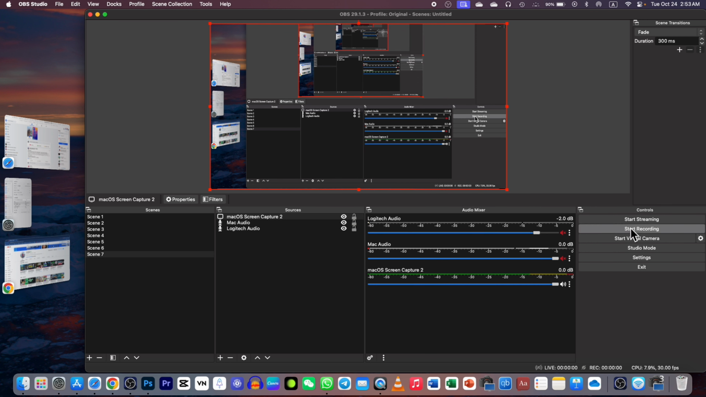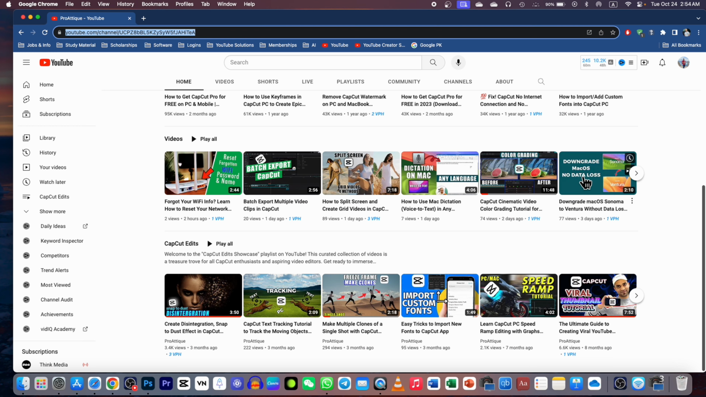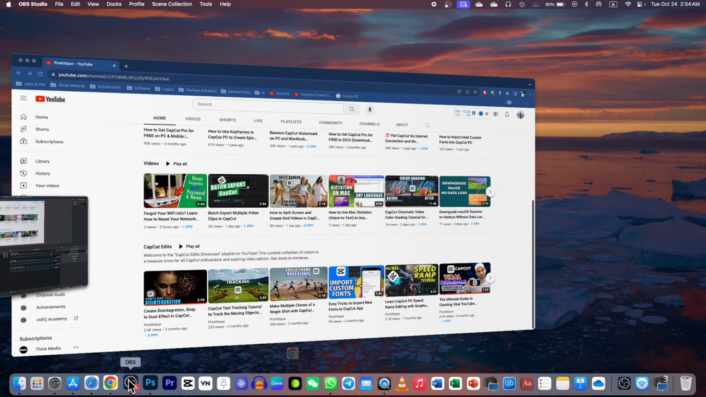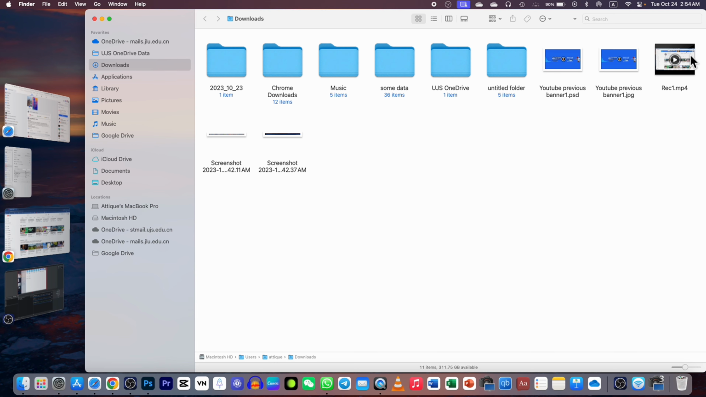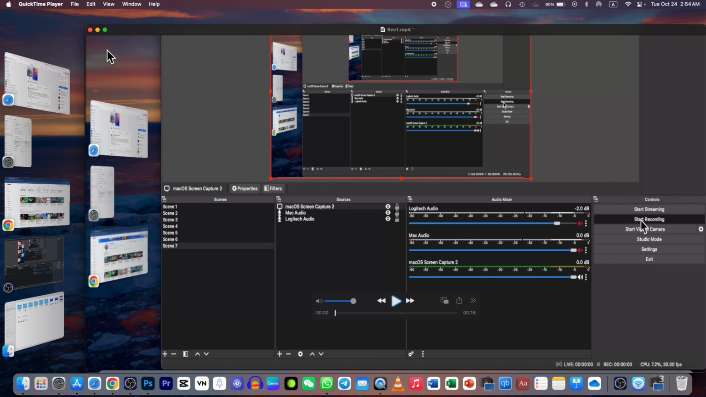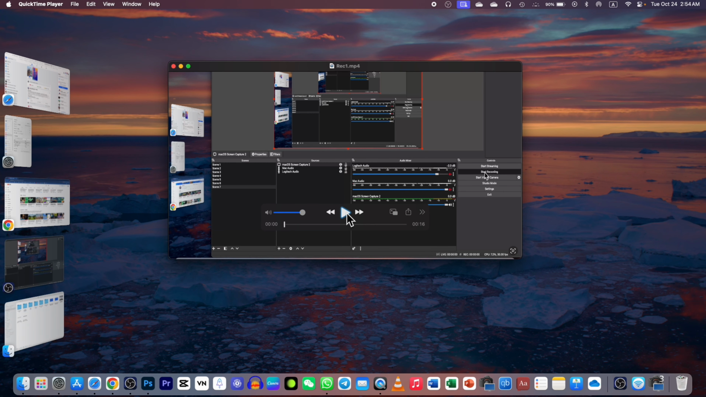Let's record a video to test. Go to start recording, minimize. Go to your browser. Now we are scrolling here, and in the meantime we are recording. Now go to OBS Studio again, stop the recording, and now go to your Finder, find this recording. Here is the recording. If I play, make it a little bit smaller so that you can see, and if I play now,